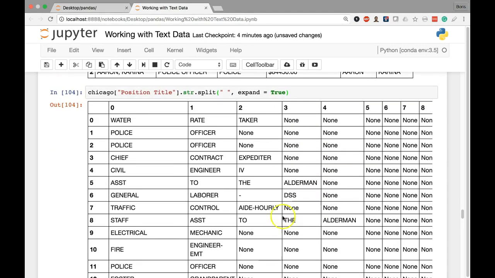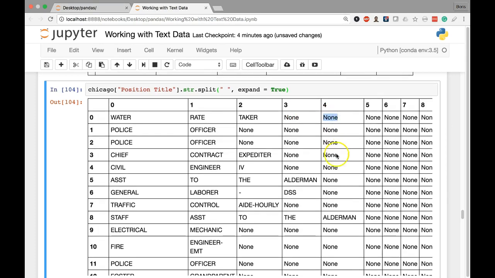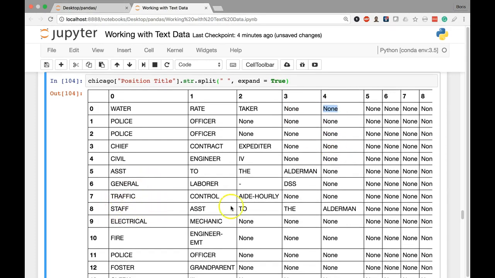And because it needs to split those long lists into all of these columns, the other ones that are much shorter have to have some kind of substitute values for all those columns that they have missing values for. So they're going to have None populated for all of the other column values. So you can see, for example, staff assistant to the alderman has 5 words, so that's able to be spread out. But something like water rate taker only has 3 columns worth of data, so it has None in the